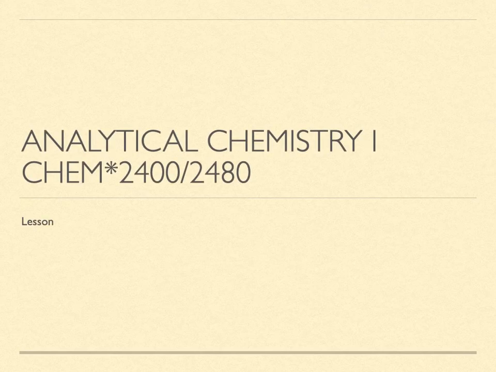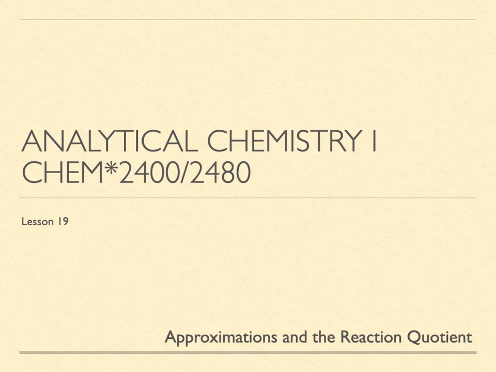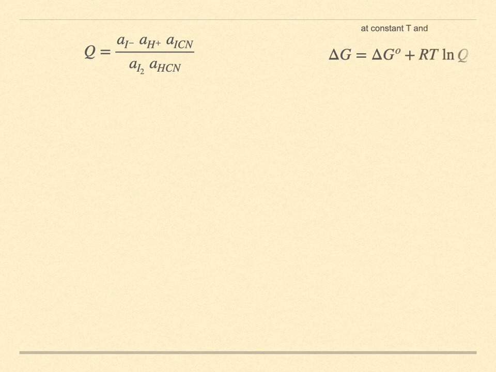Analytical Chemistry 1, Lesson 19. Activity is determined by referring to specific standard states that are agreed upon. The reaction quotient is a function of the activity of all reaction participants. This controls changes in a reaction's chemical potential, and if we focus on processes at constant temperature and pressure, changes